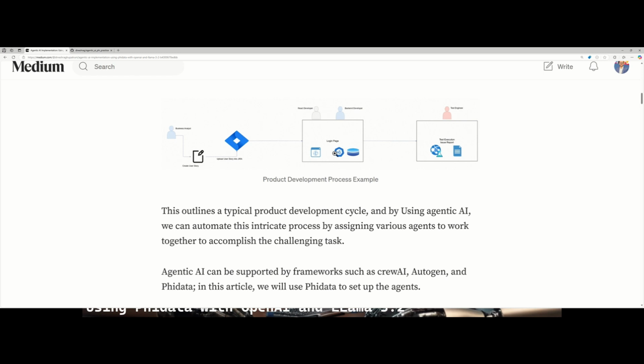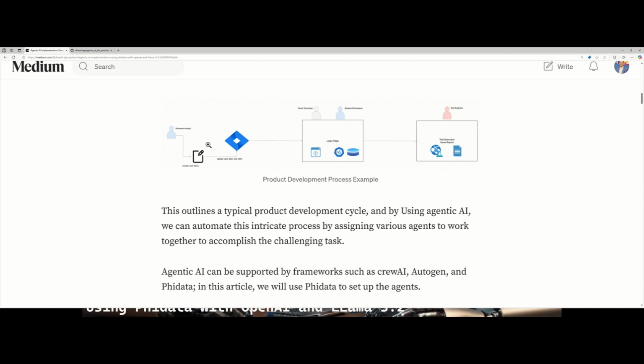So by using agents, tasks and tools, we can achieve the entire Agentic AI flow, and then that particular agent will focus on only that particular task. They're not going to work on any other task. Suppose here we have a business analyst, they will only work on creating user stories and uploading them to Jira. So here Agentic AI takes the complete advantage of LLMs and focuses on only one particular task at the moment,